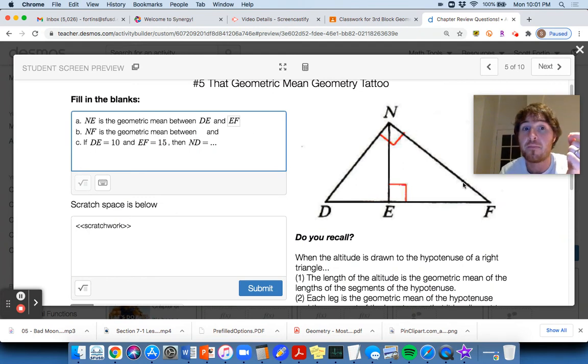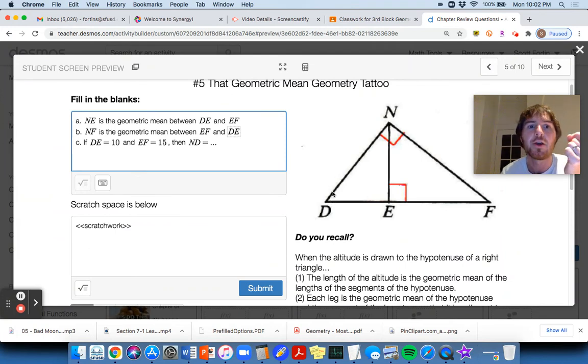NF, okay, so NF looks like a leg of the right triangle. So remember, it's all up here. This is it, as it all relates to the hypotenuse, okay? NF is the geometric mean between the segment of the hypotenuse it's adjacent to, so that's EF, and the whole hypotenuse itself, which is DF. And there's your answer right there. So I got EF and DF. That's my answer here. Okay, if DE equals 10 and EF equals 15, then ND,